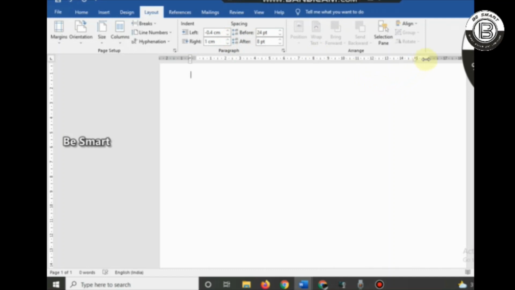And the next one is Spacing. Spacing means mentioning a space between one paragraph and another paragraph. See, now I moved to the next paragraph, and I'm just increasing the spacing size. See, the space between the paragraphs is increased.